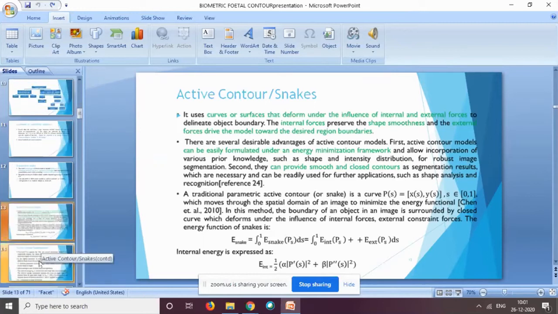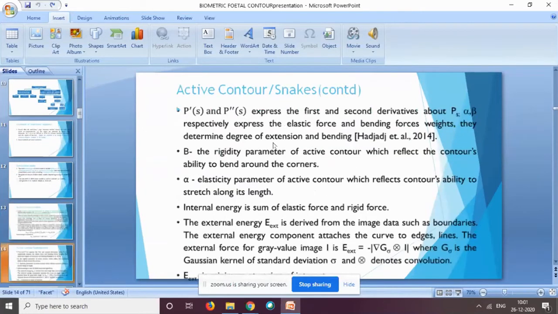Beta is the rigidity parameter; it indicates how much your contour can bend around the corners. And alpha is the elasticity parameter, which indicates how long you can stretch your curve along its length.